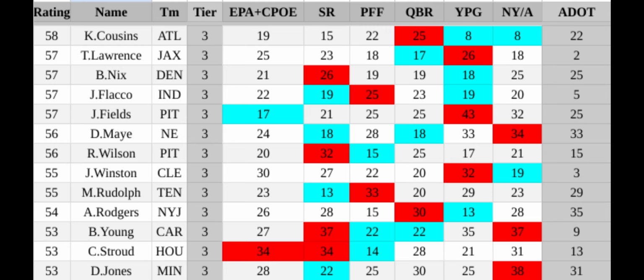Kirk Cousins, he definitely sucked at the end. Not going to deny that. But man, look at the yards per game. Look at the net yards per attempt. Pretty good, right? 25th in QBR, it's kind of like, what? But I think you kind of need that 25th in there to balance them out because the end was really bad. It was like, I don't know, 5 or 6 games of being really bad. So, like, half the year, or his year at least.